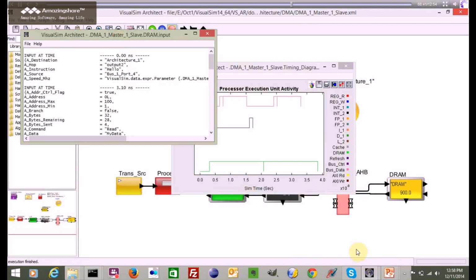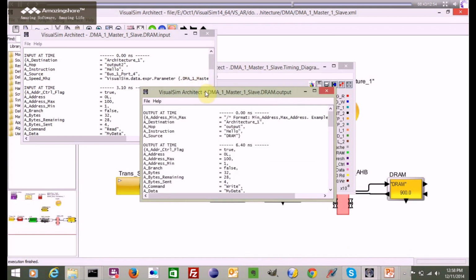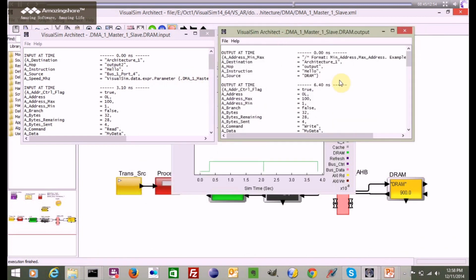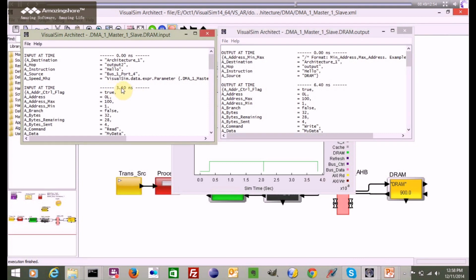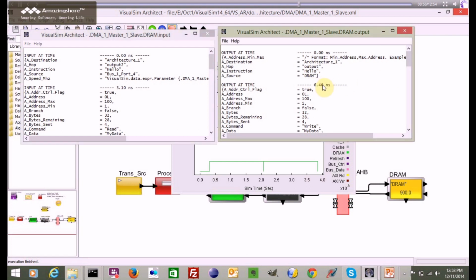In this case, we are performing read operation, and the total delay for performing read operation is 3.3 nanosecond,